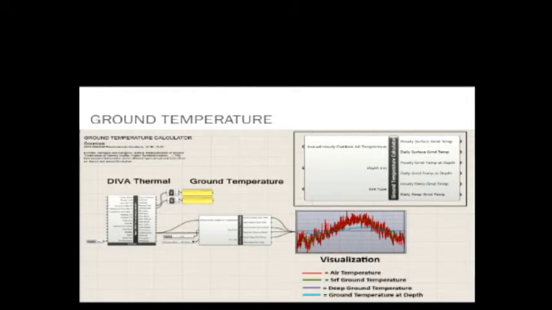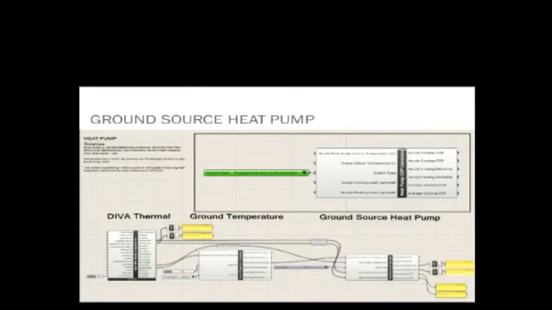So then we came up with a logarithmic function to extrapolate or interpolate the data for any depth of this ground. So the reason we are doing this one is, if you want to study in early stage whether a ground heat exchange system can work for this particular project because of its location, then we can know. And if it can work, what are the COPs that we can gather from that kind of climate and the space type. So we connected to another component that we developed in-house with ground source heat pump.